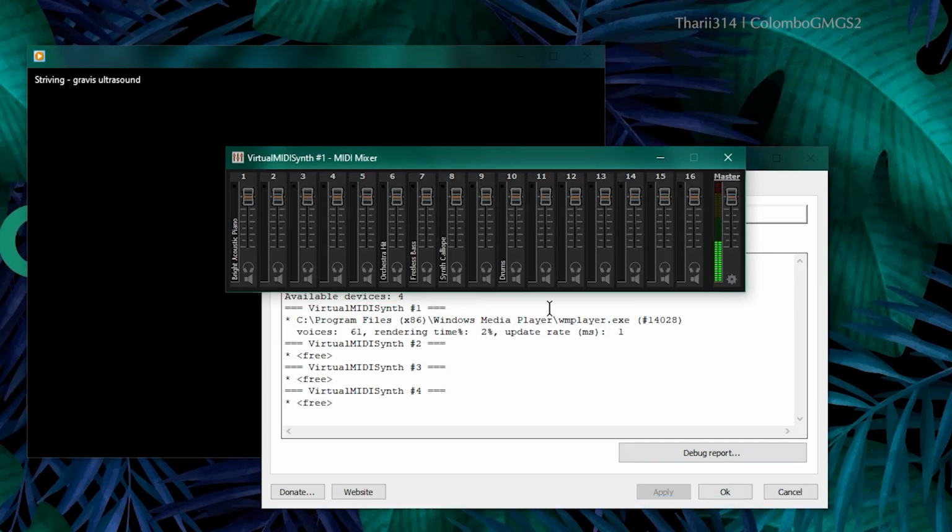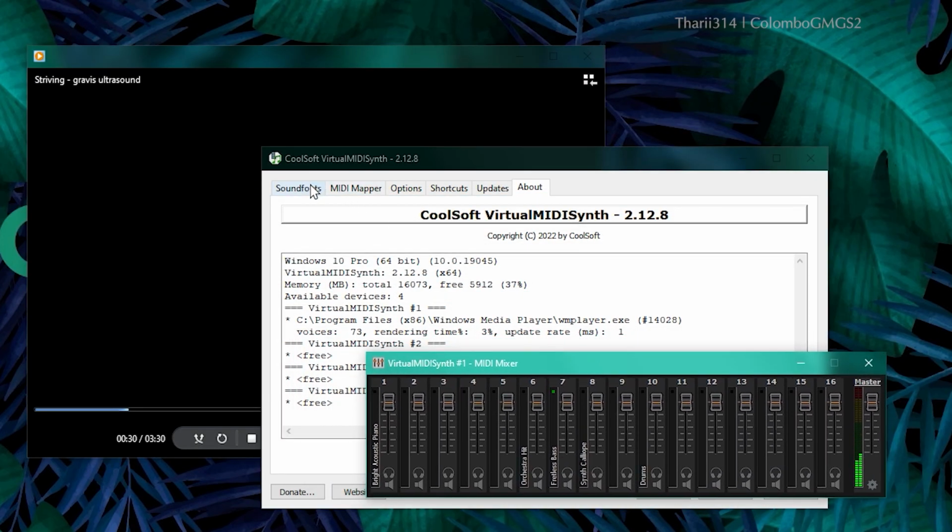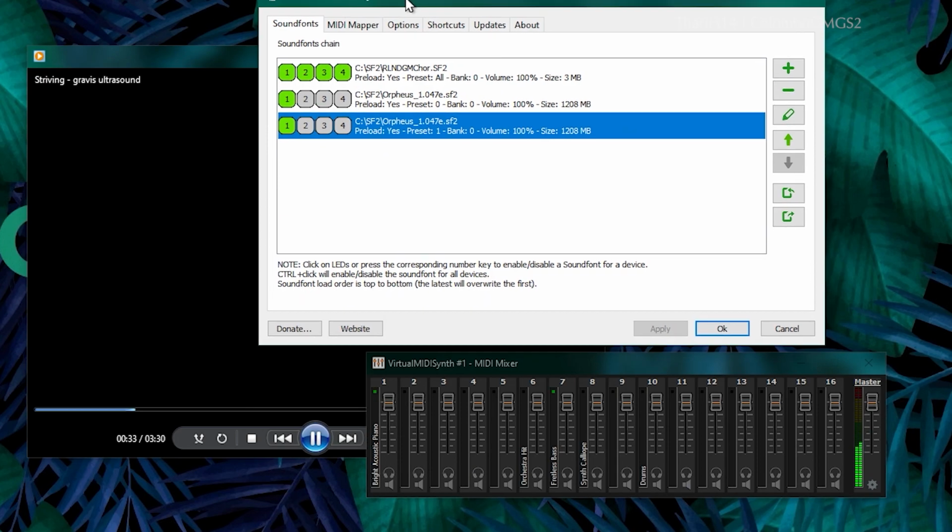So like that, you can use the secondary sound font to improve the sound by substituting a specific instrument or two of your primary sound font.